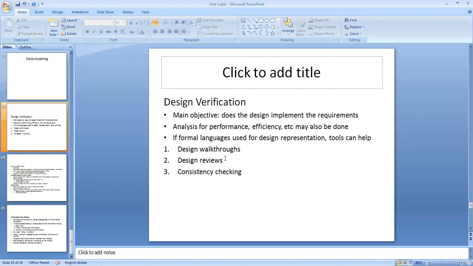This critical design review process is similar to the inspection process, in which a group of people get together to discuss the design with the aim of revealing design errors or undesirable properties in the design.